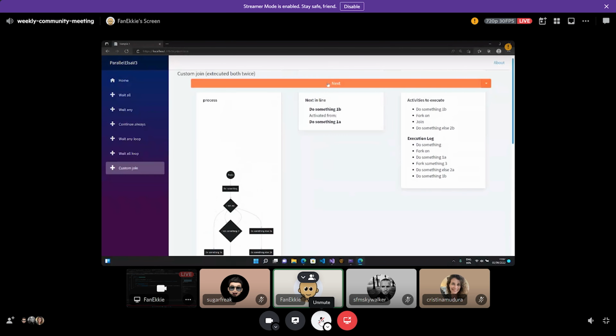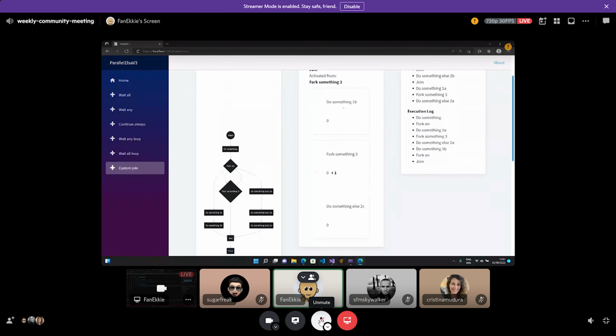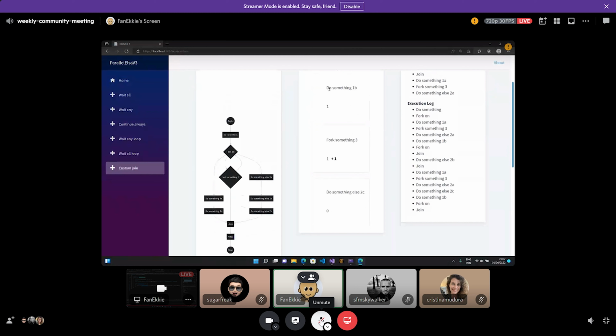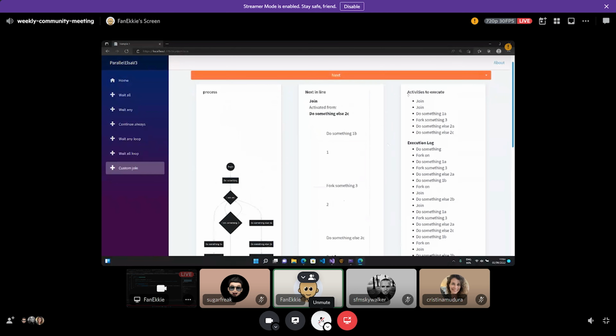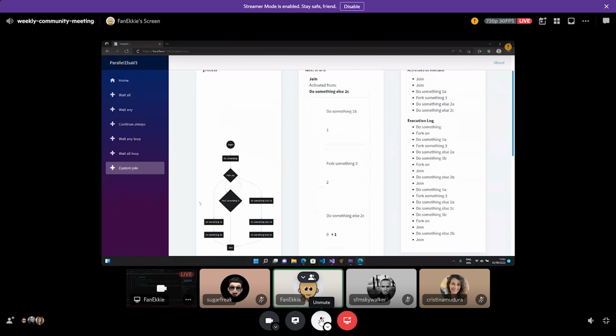Just continue swiftly through this. You see that we have now counters. The fork is already on 1, because that is the shortest way. Here, now, we will not continue because it does not start with do and they are not equal or greater than 1. So the fork doesn't have a result. Now it will continue because the do somethings are both equal to 1 or more. But what it is that these activities are bound to be executed. But as I clear everything, I just want to continue now with the final.